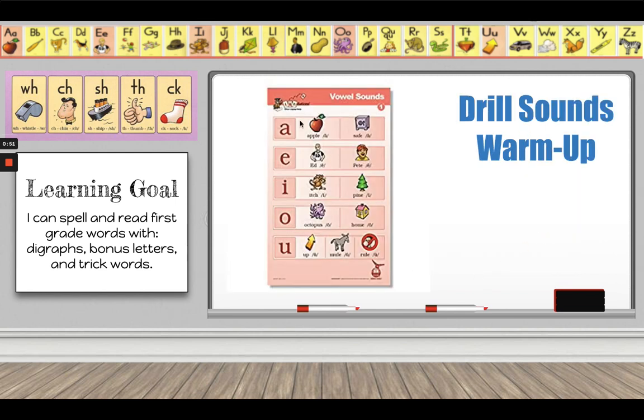Now let's practice our short vowel sounds. A, apple, a. E, ed, e. I, itch, I. O, octopus, aw. U, up,